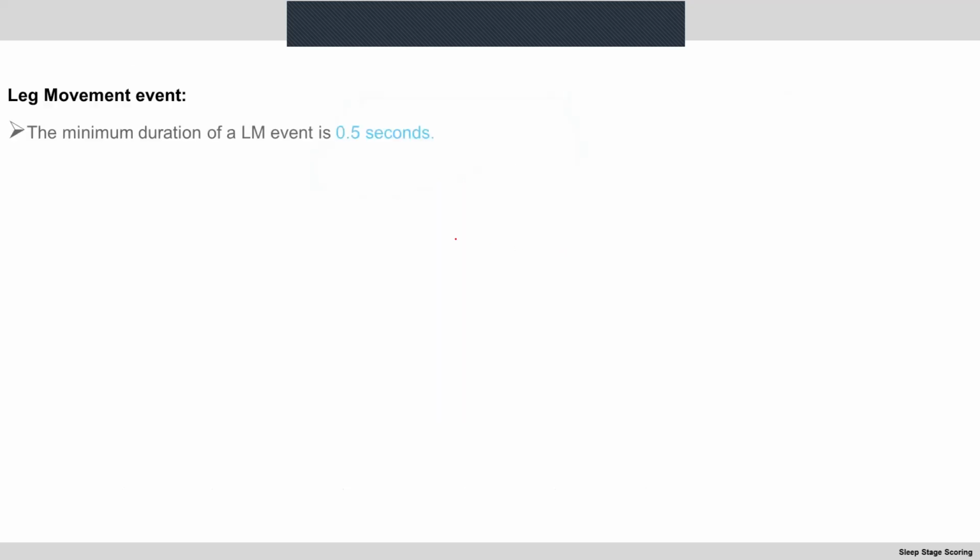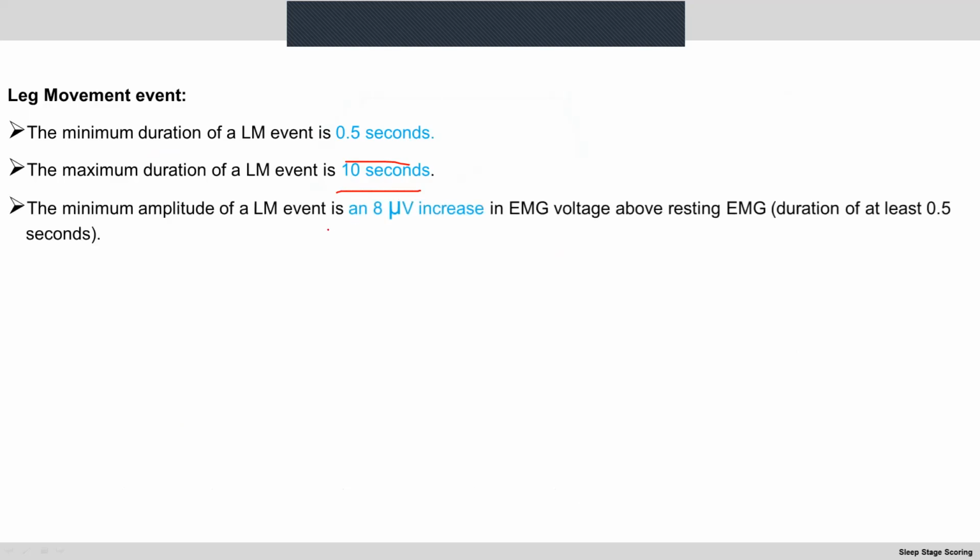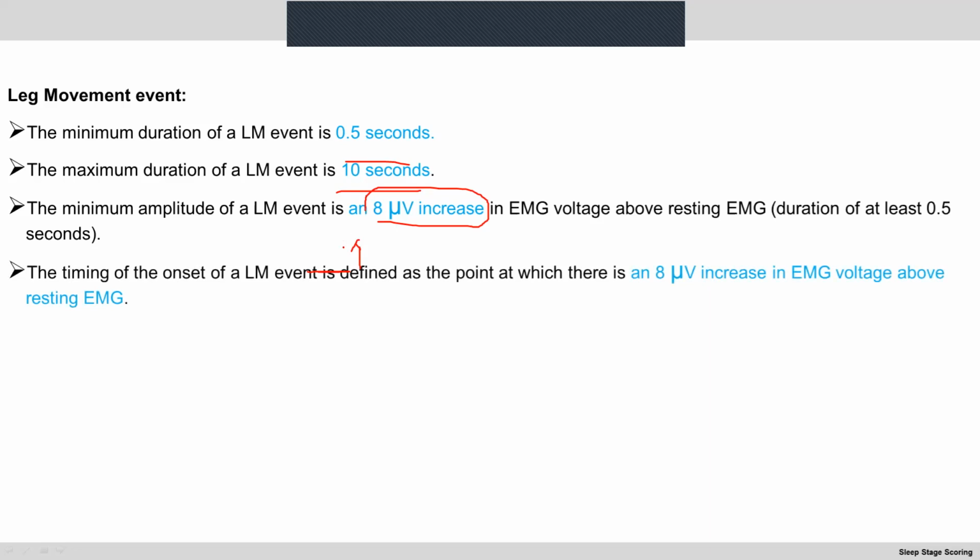And what is a leg movement event? The minimum duration of a leg movement is 0.5 seconds and the maximum duration is 10 seconds. If the baseline EMG is like 2 microvolts, then there should be a further increase of 8 microvolts to mark it as a leg movement. Whenever there is an increase of 8 microvolts, that is the onset of the leg movement,